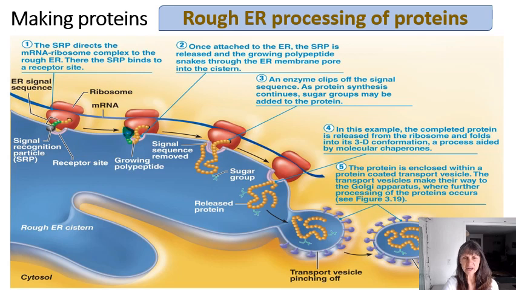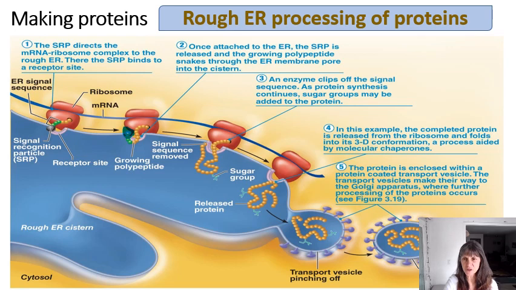When that starts occurring, the green signal sequence will be clipped off by an enzyme embedded in the membrane of the rough endoplasmic reticulum. As protein synthesis continues, as this polypeptide chain continues to grow, sugar groups may be added, as is demonstrated in this case, by enzymes embedded in the membrane of the rough endoplasmic reticulum. That will modify this growing protein, and we end up with a completed protein being released from the ribosome, folding